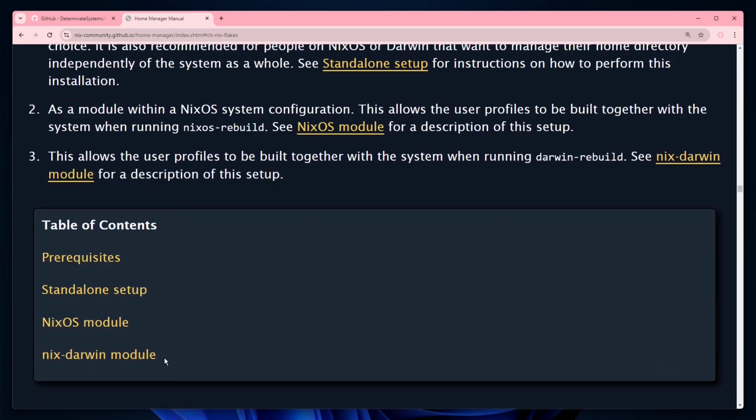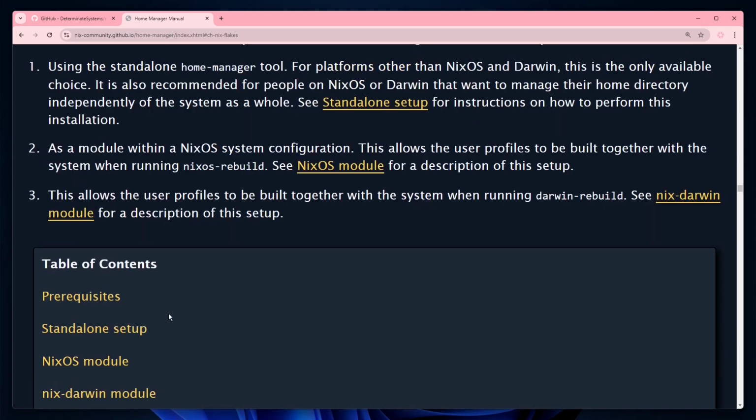The first one is nix-darwin, which is like the NixOS equivalent on macOS, and exclusive for NixOS we have the NixOS module, and for non-NixOS Linux distributions we have the standalone setup. Basically the NixOS module means it will integrate the Home Manager setup with NixOS, and the standalone setup means Home Manager will have its own CLI and it will configure itself instead of relying on the NixOS command line. So in this video, since we will use Ubuntu on WSL, we will do a standalone setup